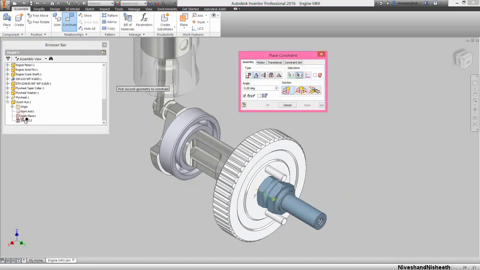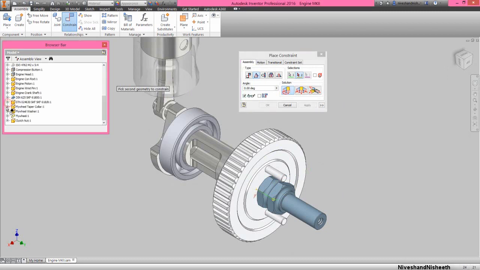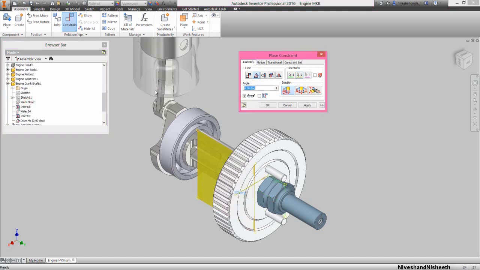Now we will apply the same angle mate on the clutch nut part that we had done earlier between flywheel and crankshaft. But this time we will set the angle value 30 degrees. Okay, alright.